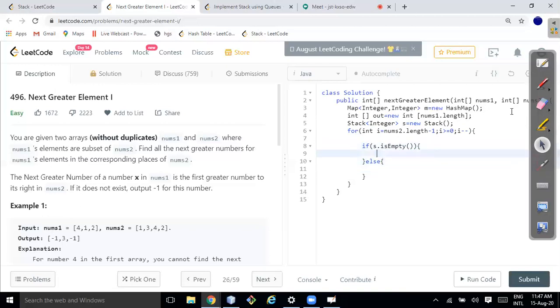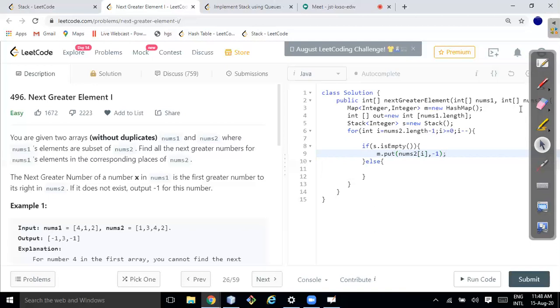Whether the stack will be empty or not empty. If the stack is empty, then I'll directly write m.put whatever value is there, nums2 of i, and I'll put minus 1.